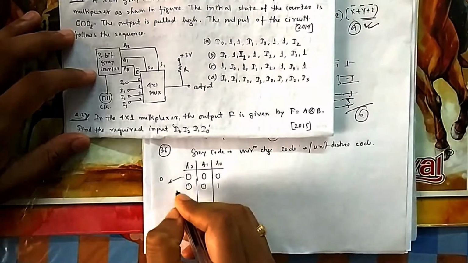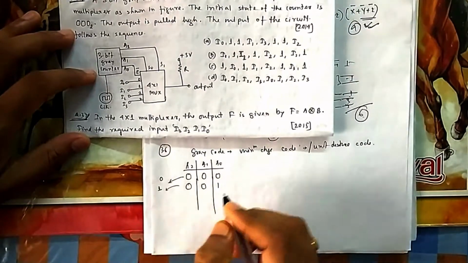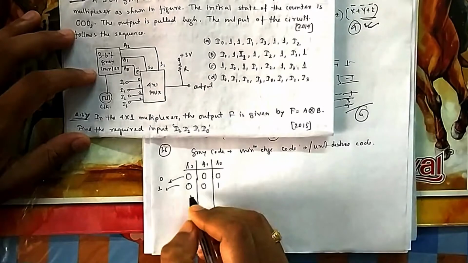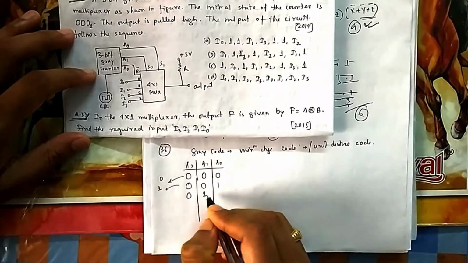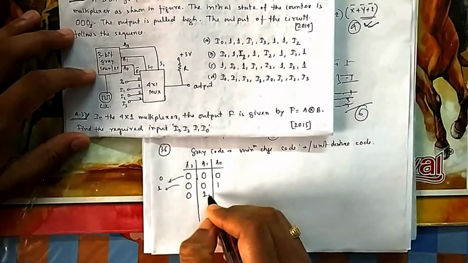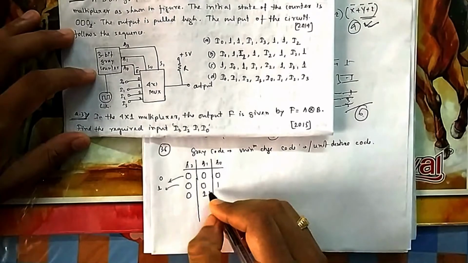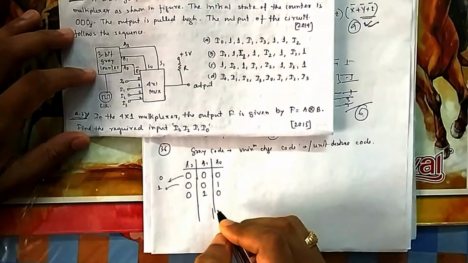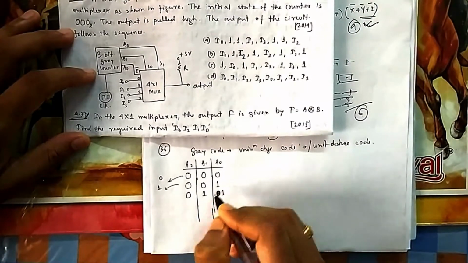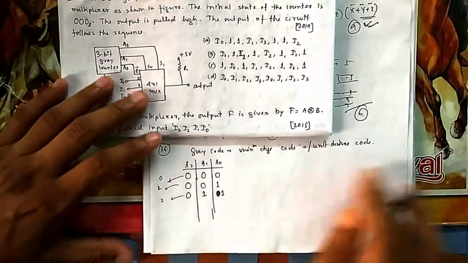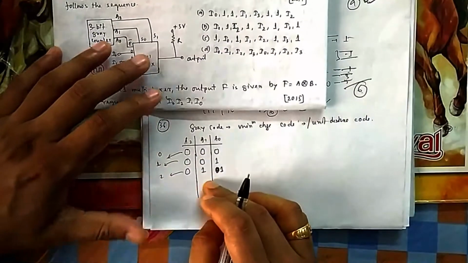Its corresponding decimal number is 0. Its corresponding decimal number is 1. So 001 is the change. Now the next one: normally what happens is 010, but in gray code that is not allowed because only 1 bit will change, so it cannot change like that. So this is our 2 here; normally it is 2. This we will write later. First let me write in this way.